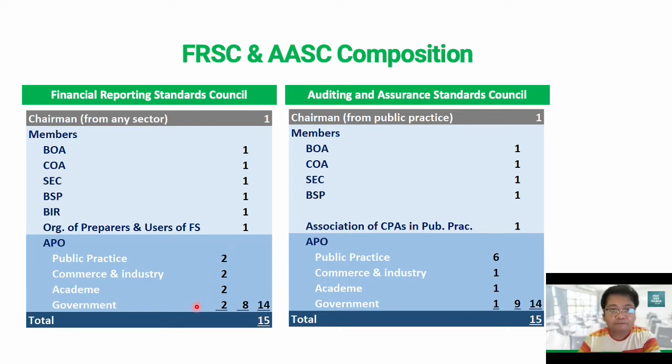And then the remaining 8 members will come from the Accredited Professional Organization, PICPA, distributed among the 4 different sectors: 2 from public practice, 2 from commerce and industry, 2 from the academe, and 2 from the government. Okay? For the Auditing and Assurance Standards Council, the chairman shall be a senior accounting practitioner from public practice